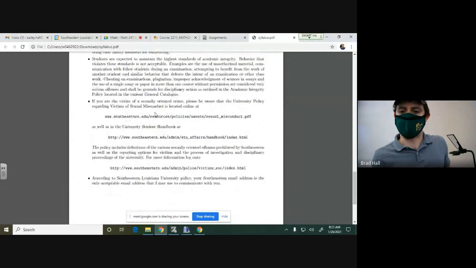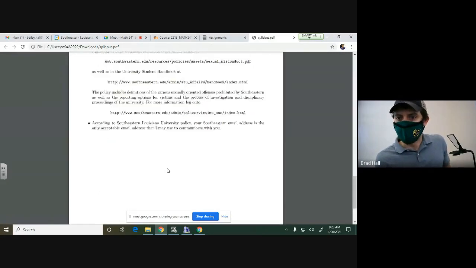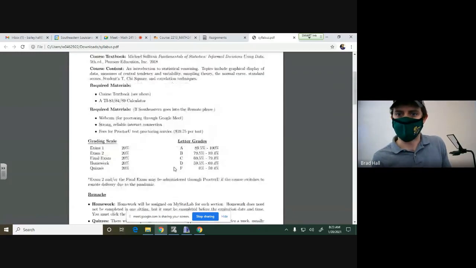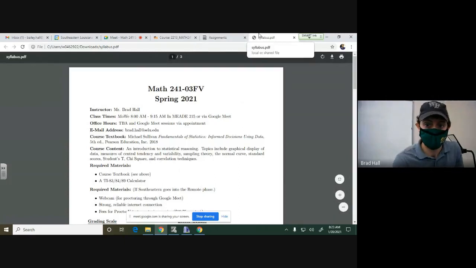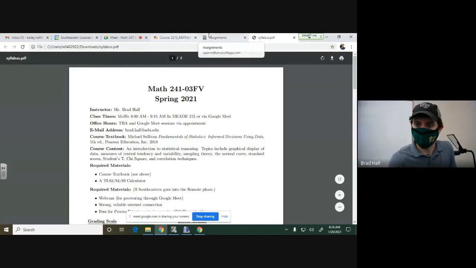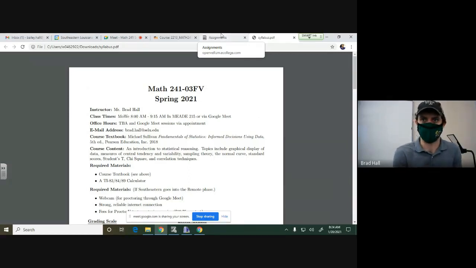And here's some resources. Yeah, sexual assault, if you have anything to report there, we have forms on that. And that pretty much covers the generalities and ultimately the syllabus as a whole. So with all of that wonderful information covered, does anyone have any questions for me before we start with the class?